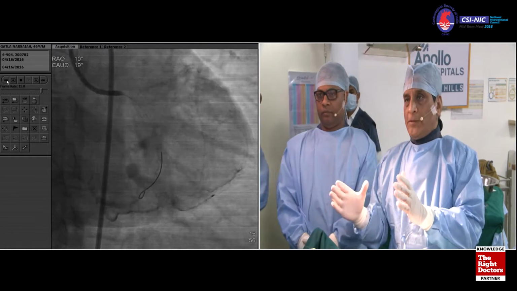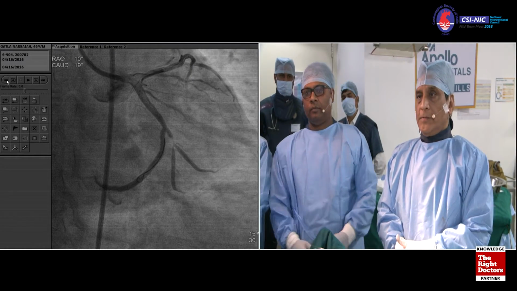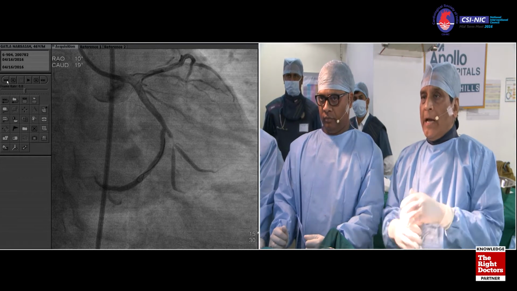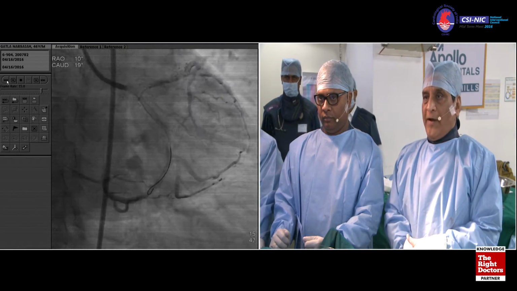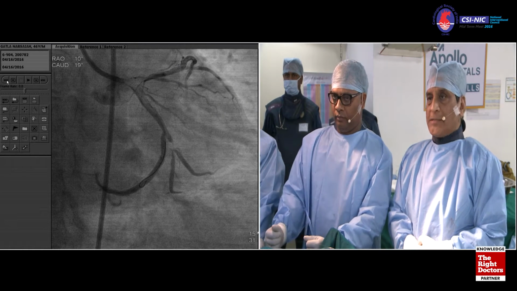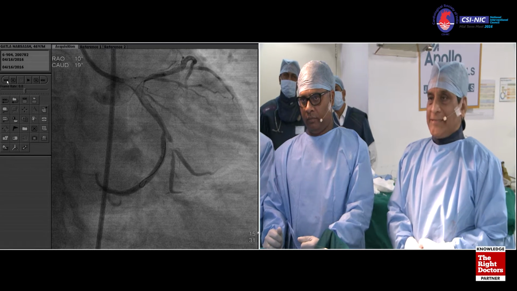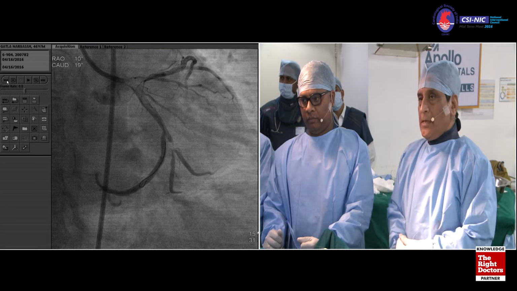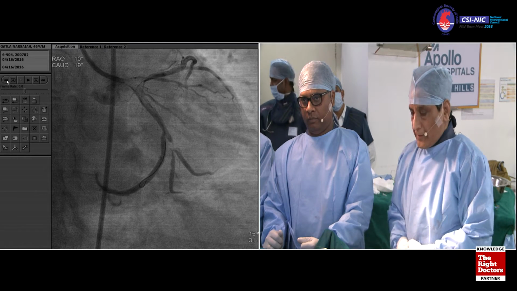Now, the purpose of today was to go through this bifurcation lesion of this obtuse marginal OM1, OM2, which is Medina 111, and both vessels seem to be of equal size, between 2.5 and 2.75, with very significant plaque, as you can see, with TIMI flow less than 3 in both the branches, but predominantly the lesion going into the OM2. So this is where we are.